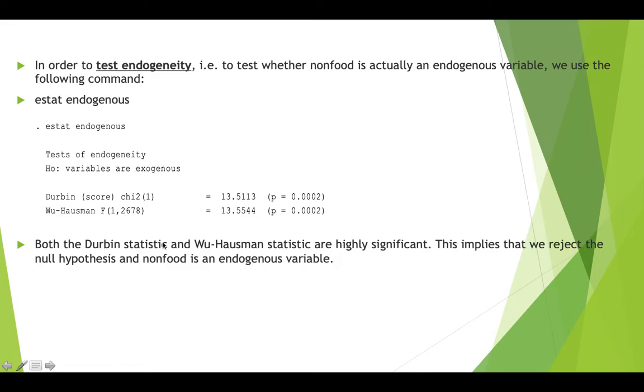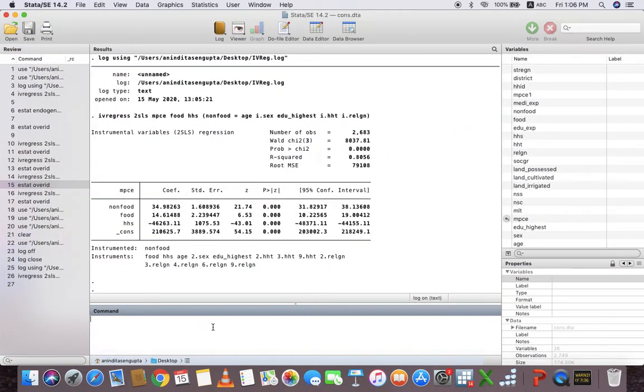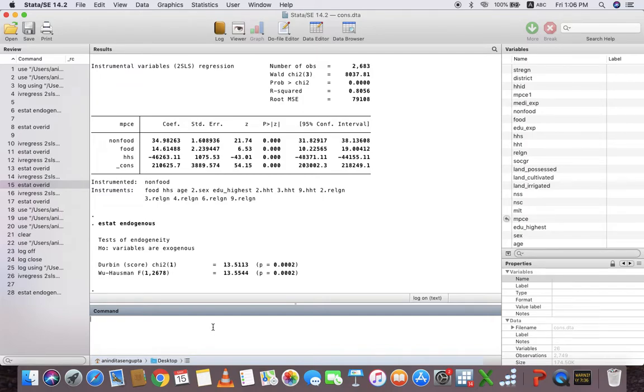Now we have to test endogeneity, that is, whether we have correctly assumed that non-food expenditure is an endogenous variable. For this we use the command estat endogenous, and this is a post-regression command. After the regression only we can use it. So, write estat endogenous, and this gives us a highly significant result.